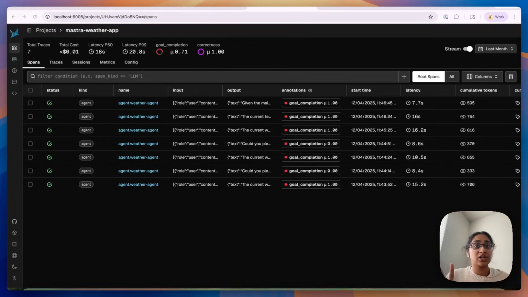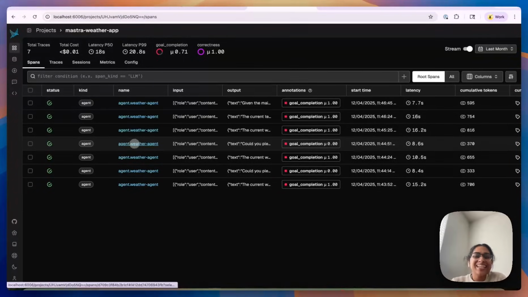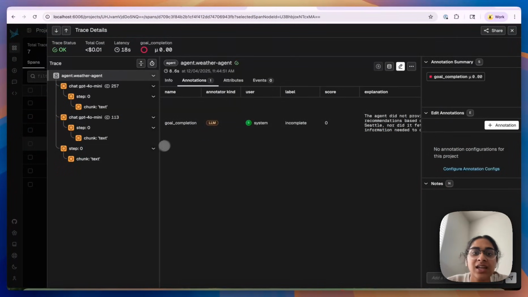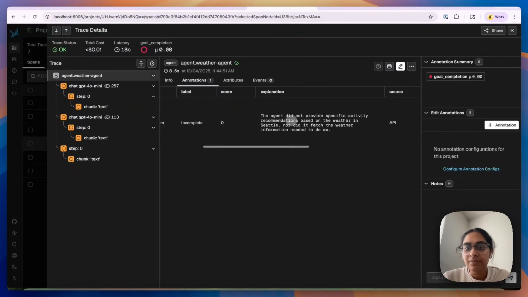So this is the same project that we had. And now we have all of these annotations, as well as these quick pie graphs that show our results. Clicking through this really quickly, we can see that our goal completion failed on 2 of our traces. If I want to figure out why, I can click on my annotations and see that the label was incomplete, the score was 0, and the explanation was that the agent did